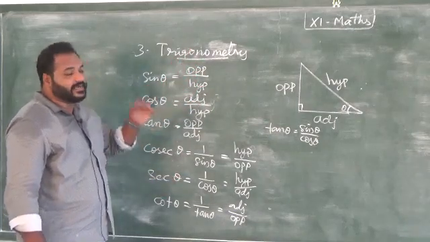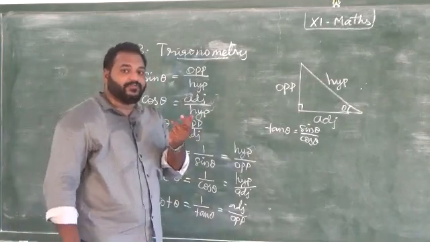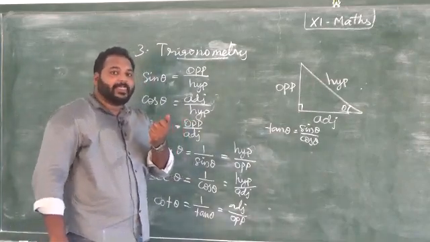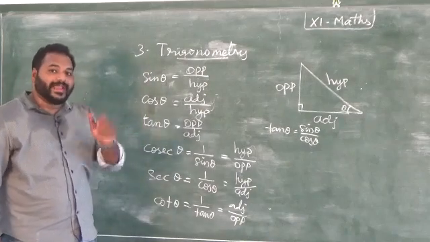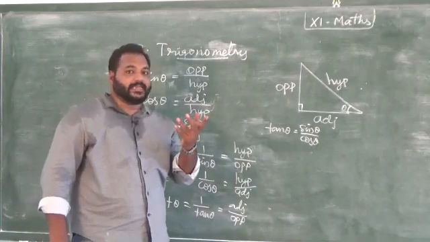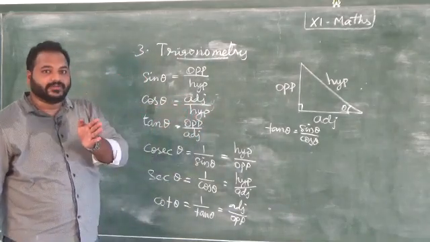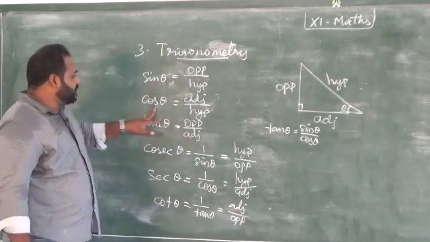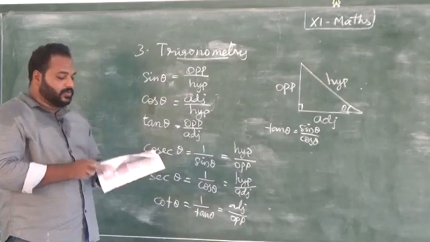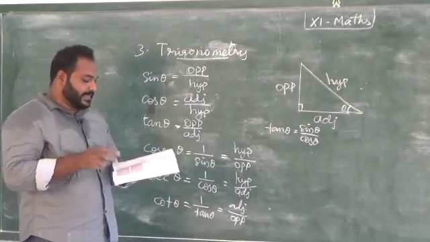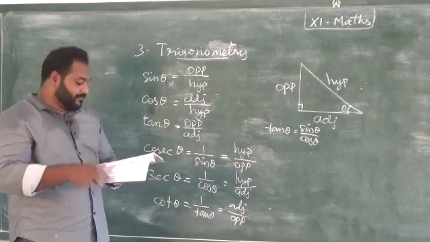Next we have a table of angle values: 0 degree, 30 degree, 45 degree, 60 degree and 90 degree, and then we are going to learn to find the values for angles more than 90 degree. First we must know the values up to 90 degree for sin theta, cos theta and tan theta. These values are also given in the book. So learn those values and memorize them to do the problems quickly.